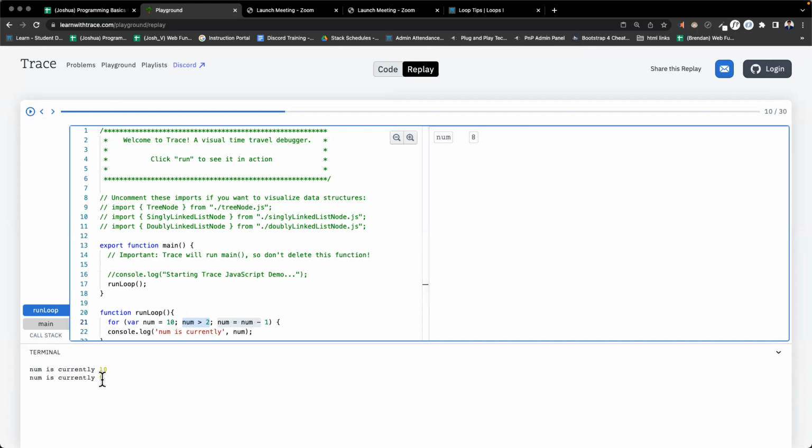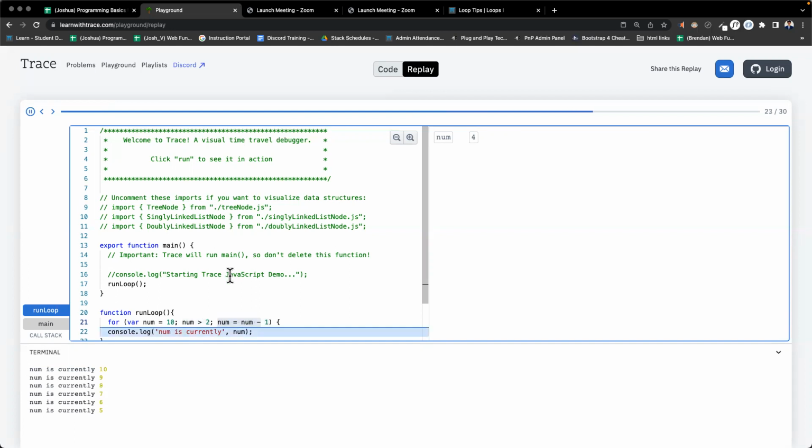We already console logged 9, so I just rewound the steps to show you. Now we're at num equals 8. It already logged num is currently 9, so we're going to see what happens next. It console logs num is currently 8. So it ran num is currently 8, decreases, checks, logs, decreases, checks, logs,